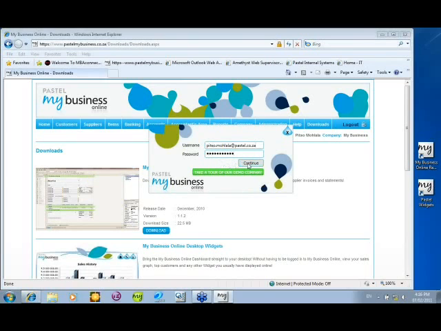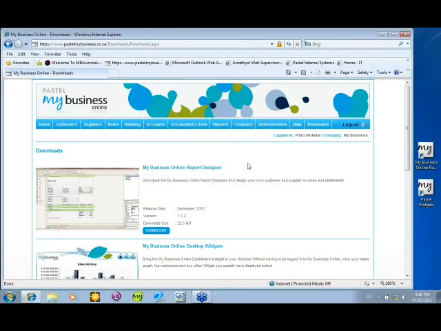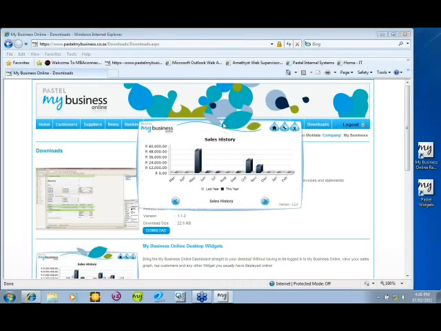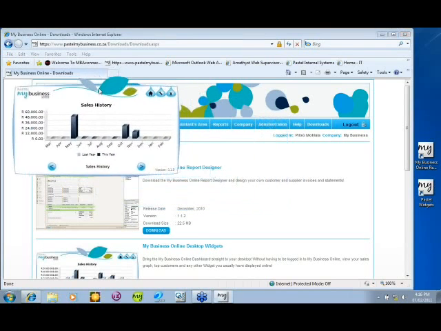It will verify my details as I log in. And we just wait for it to update. It's retrieving the information. And there we go. This is your widget. Now, as you can see, I can drag it to